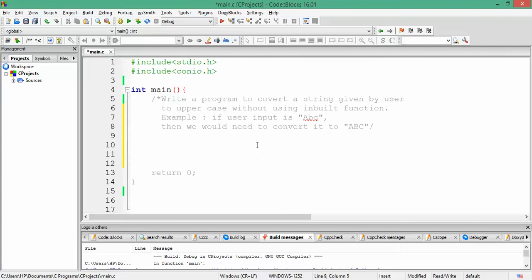The ASCII value of small a is 97, small b is 98, and small c is 99, and so forth, to small z, which has an ASCII value of 122. Whereas the ASCII value of capital A is 65, capital B is 66, and so forth, to capital Z, which has an ASCII value of 90. So quickly we can check whether whatever I've just said is correct or not.